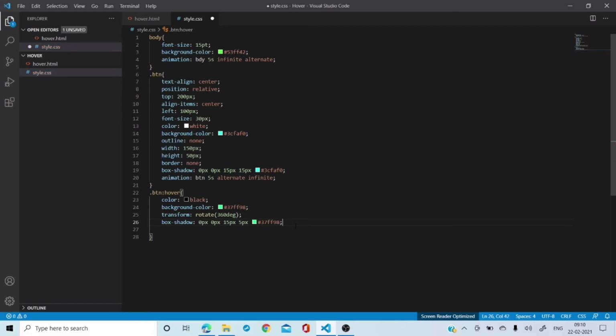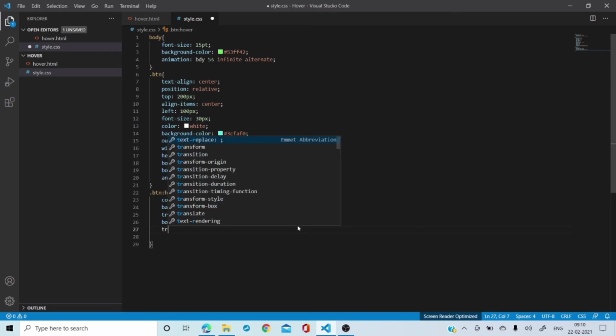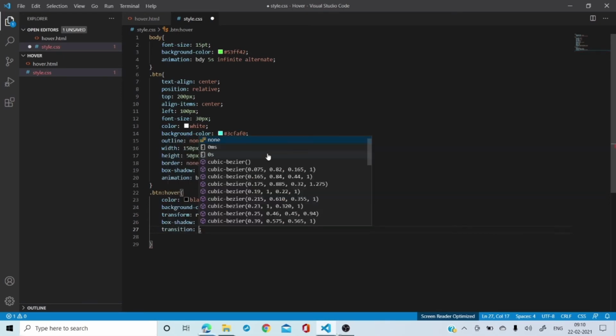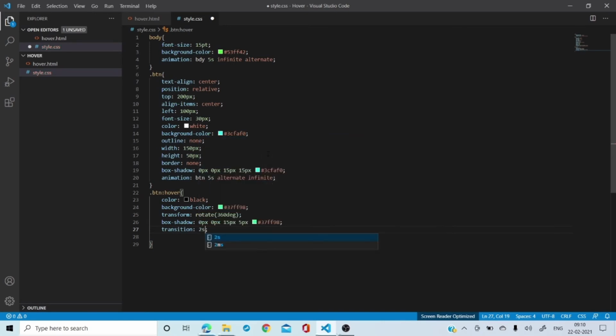Okay, this is the color I need to change over here. Now I want a transition also. So how am I going to do the transition? The transition has to be done for how many seconds? Say 2 seconds. Okay, so this is your transition, correct?